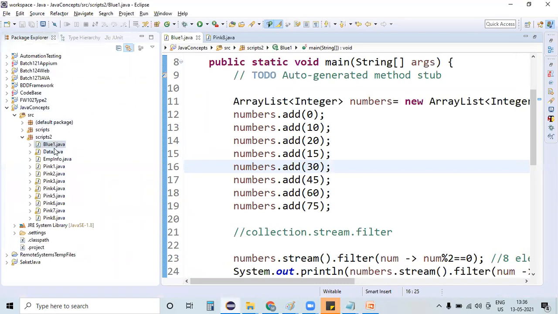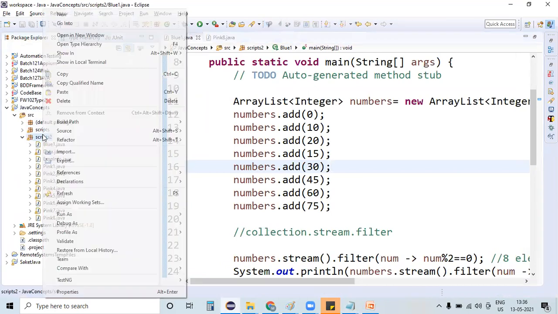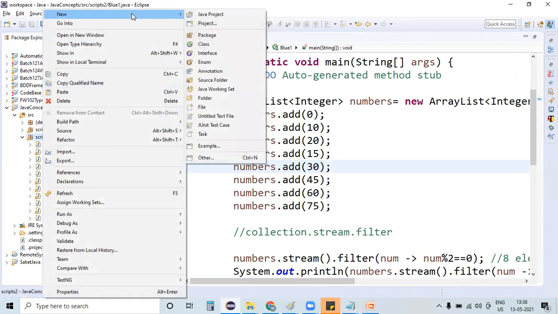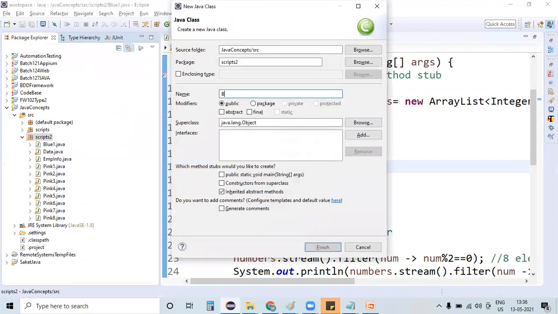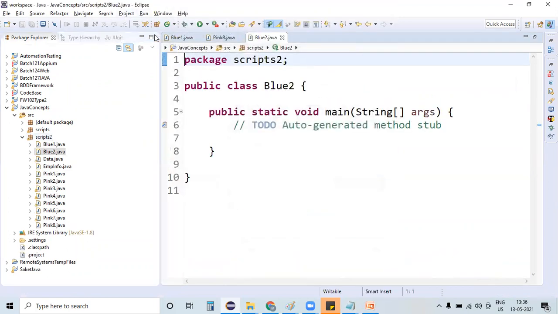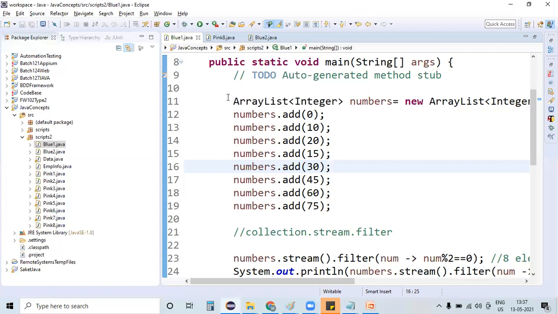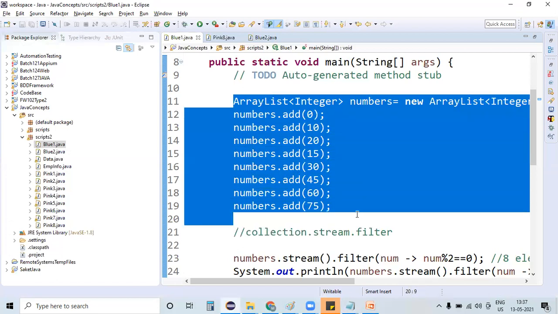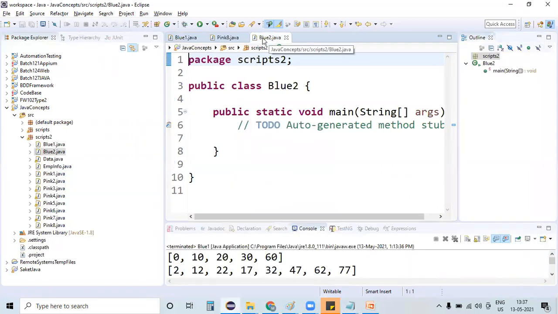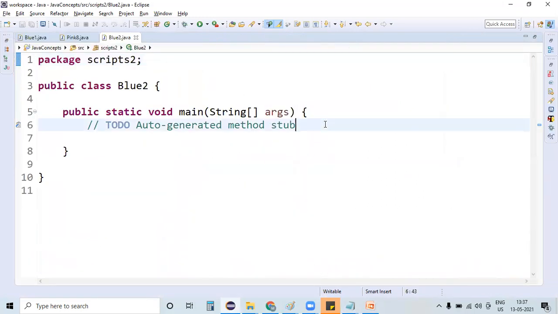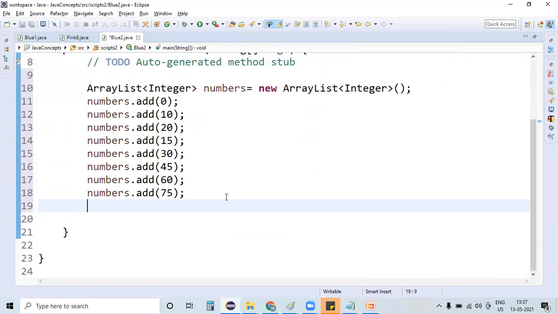I'm going to create a new class, Blue2, with the main method. From my previous class, I have already created an ArrayList of numbers. I'm copying that list and placing it here.